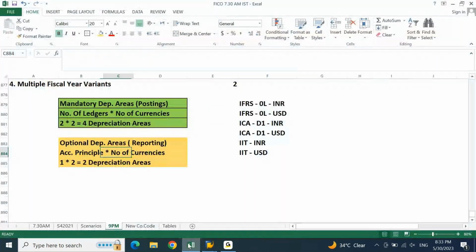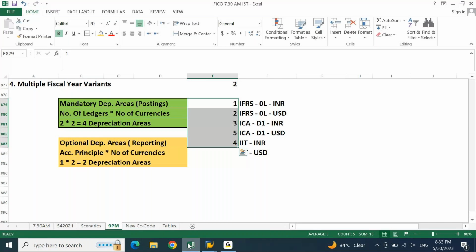Let's say I put the area number here. If I put 1 here, now I can put 2 here, I can put 3 here, or I can put 5 here. Now I cannot put 4 after that. I am not supposed to change the sequence. I must maintain the ascending order for the depreciation areas. What number I am going to use is my choice. Initially, you are going to decide that the same numbers will be used for all your countries. In a similar approach, you are going to create it. The logic is sequential order based on accounting principle and currency order.